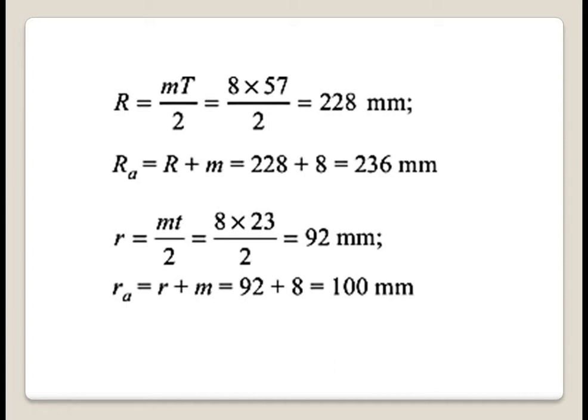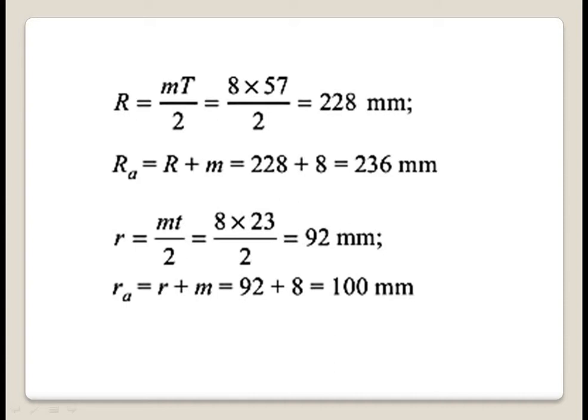Now next, we are going to find out small RA. The small RA is nothing but the radius of the addendum circle of the pinion. So small RA is equal to small r plus small m. In the previous finding we found the small r, that is 92, put it here. Again we have the value of m, that is the module; instead of the module we have taken the addendum here, because in the problem it is stated that module is equal to addendum. That means 92 plus 8, we get 100 mm, that is small RA.